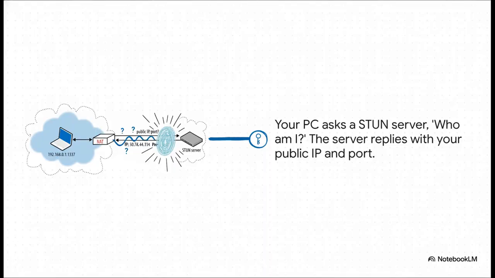Your app sends a UDP packet out to a public STUN server on the internet. It's basically just asking, hey, from your perspective, who am I? What IP address and port do you see me using? The STUN server then just replies back with that information. This one simple exchange solves two problems. First, your app now knows its public address. And second, this is the magic part, that outgoing packet punches a hole in the NAT, creating that all-important entry in the translation table. Now, other people can send packets to you at that address.